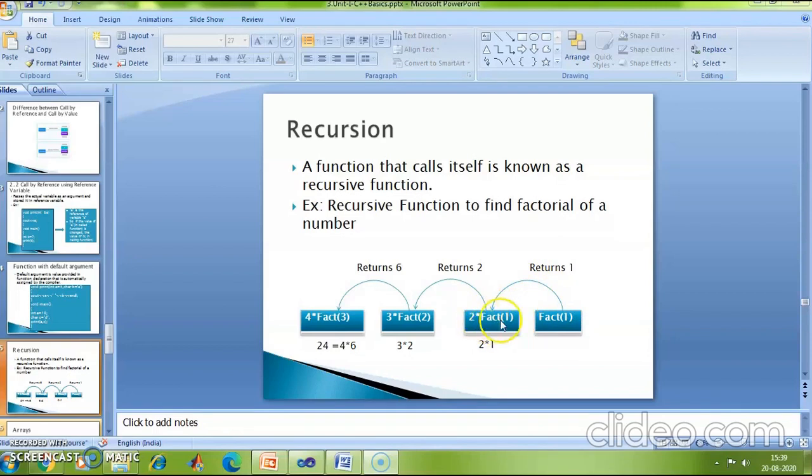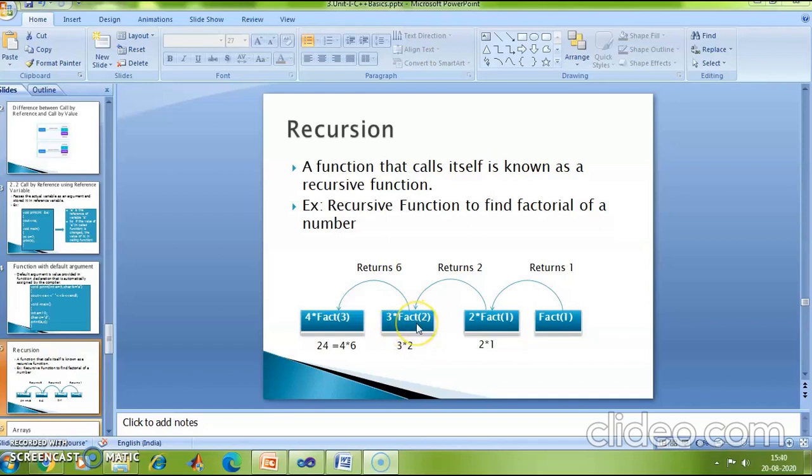So 2 into 1 is 2, right? So I multiply 2 with 1, I get 2. So this 2 is returned to the calling function. Who is the calling function here? Fact of 3. So I return 2 to the fact of 3 function. So what is multiplied over here? 3 into 2. Right? Because fact of 2 has returned me 2.